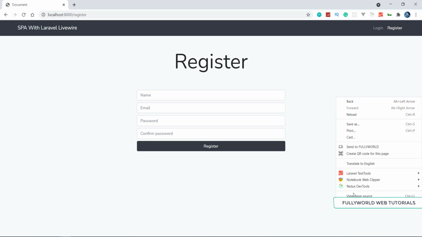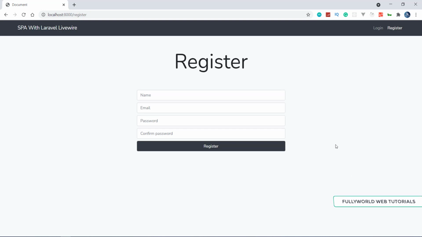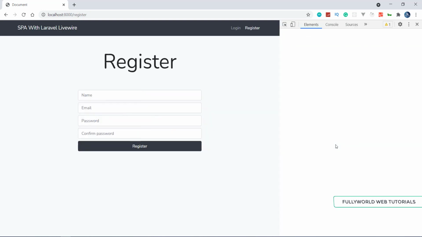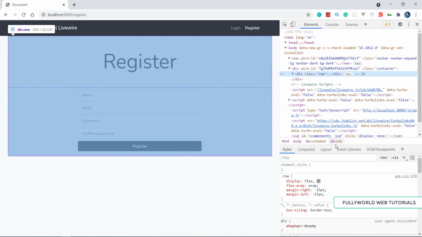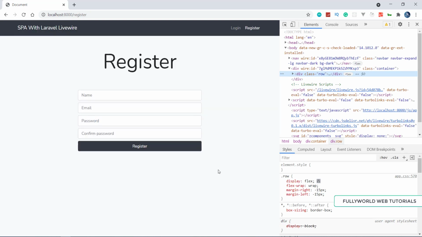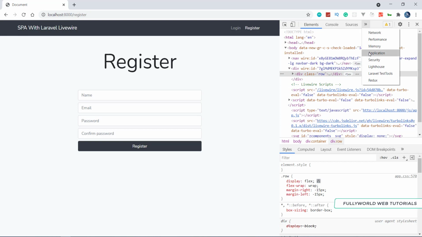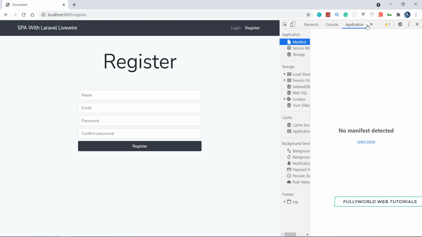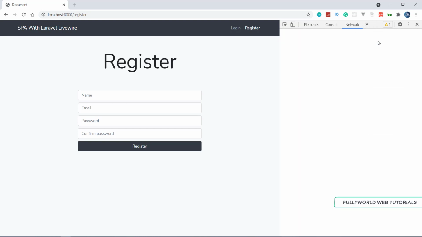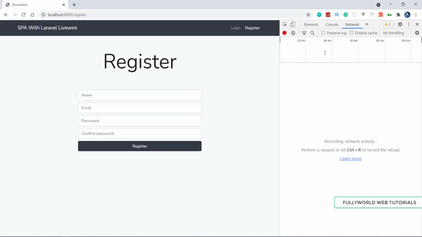Now here first of all I am inspecting the element, because now we need the network tab also. So we will see how it is doing real-time data entry. So now first of all we will go to network here. Here we will see how Livewire is working. Now this main part is coming. This is the basic of Livewire. So how Livewire is working, now we are going to see that.